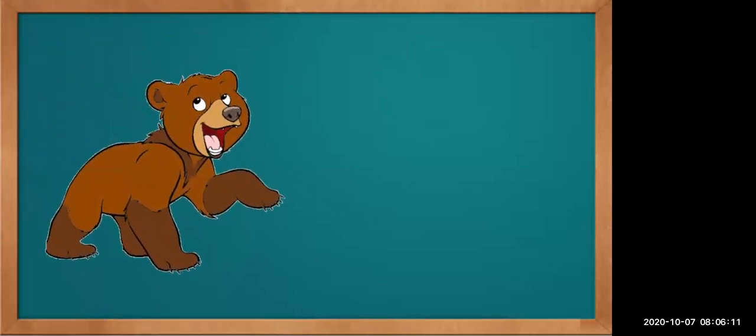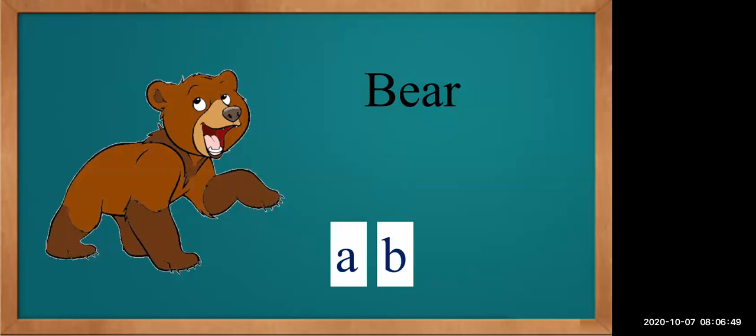So what do you see on the screen now? Who is coming to meet you? Yeah, it's a bear. How do we spell bear? B-E-A-R, bear. Now we have to arrange these letters in alphabetical order, children. So what is the first alphabet? The first alphabet is A. And can you see A over here? Yes. So my first alphabet is A. After that, which alphabet comes? After A, B comes. So B alphabet is there. Can you see the B alphabet in the word? Yes. So here I have taken B alphabet.